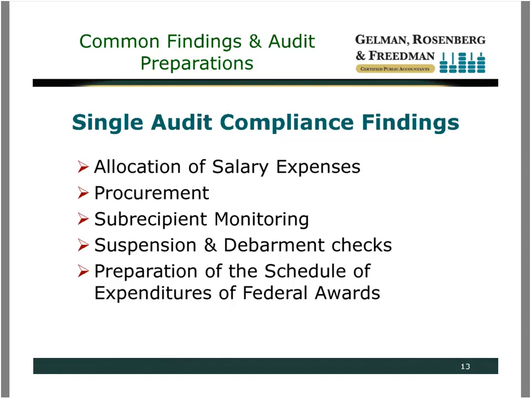What's going to happen is it says we have to assess risk, we have to evaluate, then monitor. And so if I say you have 10 subrecipients, let me see your risk assessment. Well, we looked at them before. Are they high risk, low risk, medium risk? And if they're high risk, what type of monitoring procedures do you have? If they're low risk, what are we doing? And maybe if they're low risk, all we're doing is getting their audit report at the end of the year. If they're high risk,